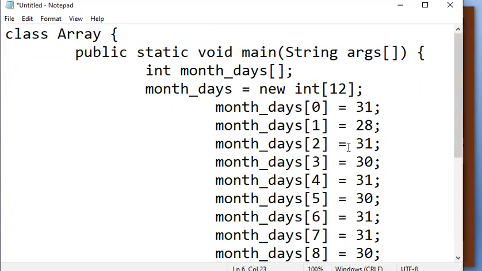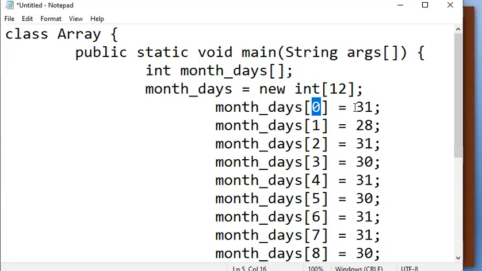February 28. Okay, so [2] is 31, that is 2 means March. So the first index is always 0. Index value starts with 0 to 11. So totally 12 values you have, but indices 0 to 11. As you know, array index always starts with 0.